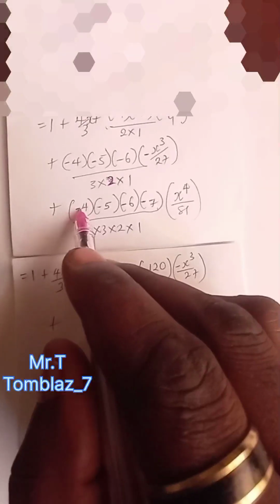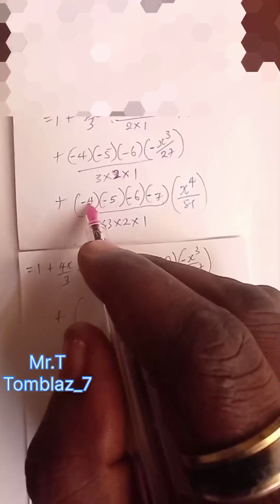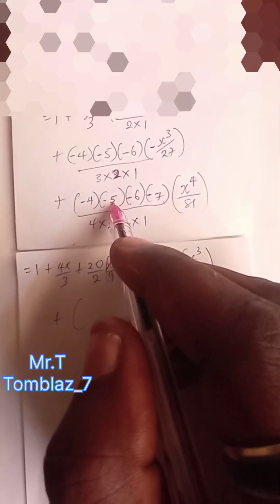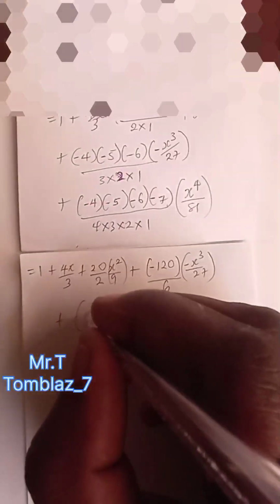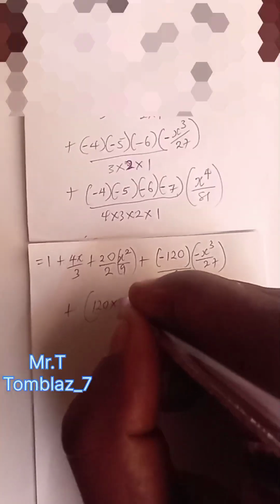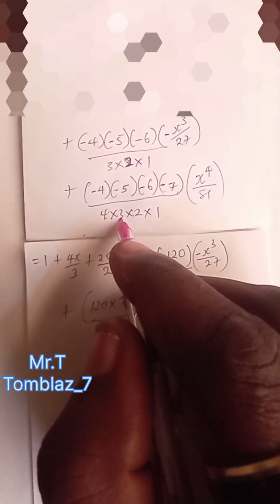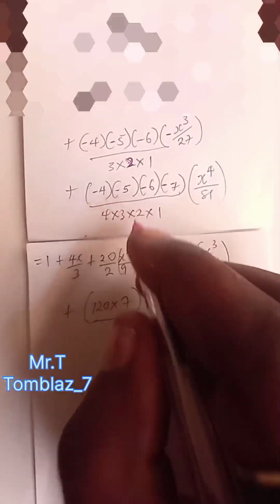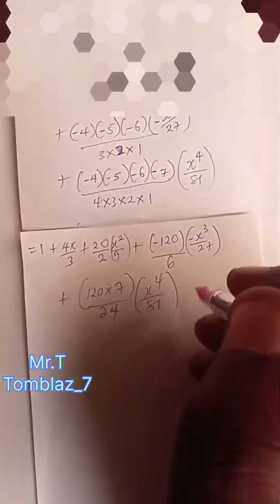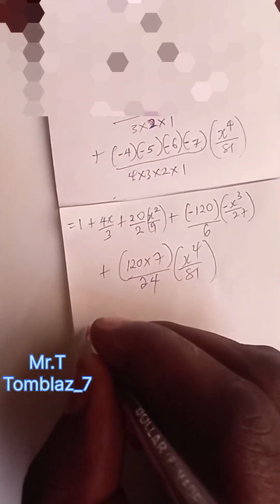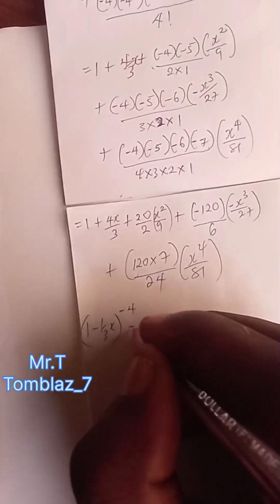We have minus times minus times minus times minus. Since it's 4 now, it will be plus. And then 4 times 5 is 20. 20 times 6 is 120. 120 times 7. So we have 120 times 7 all over 4 times 3, 12. 12 times 3 will give you 24 into x raised to power 4 all over what? 81. So 1 minus 1 over 3x raised to the power of minus 4 is going to be giving you